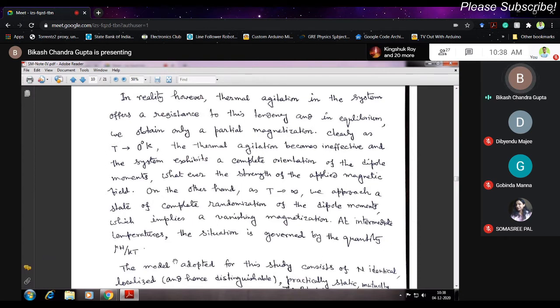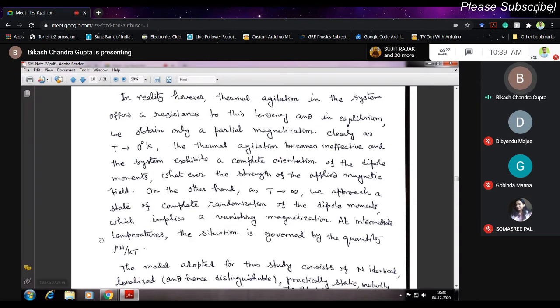At intermediate temperatures, however, so you have the two extremes. In one extreme, when T is 0, thermal energy is 0, you get complete magnetization for a little field. On the other hand, if you have a huge temperature, huge thermal energy, then you have complete randomness in the direction of dipole moments, and therefore you get moment 0. But there is the intermediate region where this mu h is the energy,